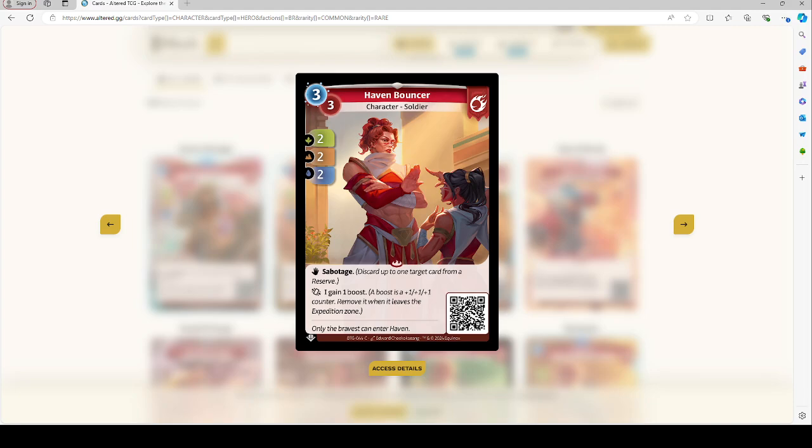This is a Haven Bouncer. Haven Bouncer will sabotage a card, and the second time you play it, it'll be a 3/3, and a 3/3 with boost synergies. I'm going to give this one, let's say an A. Sabotage